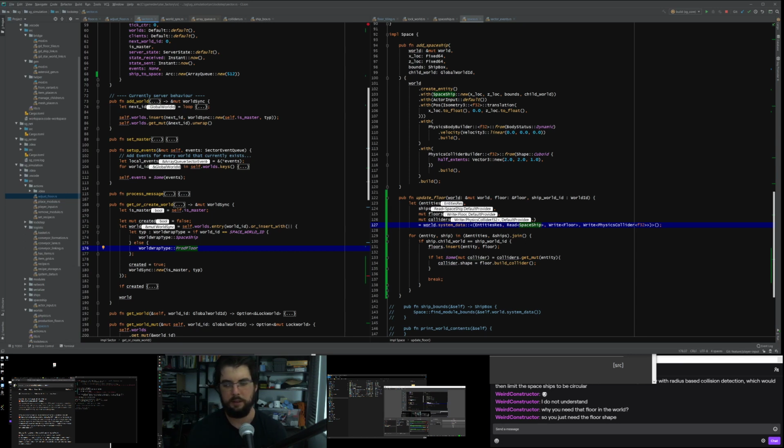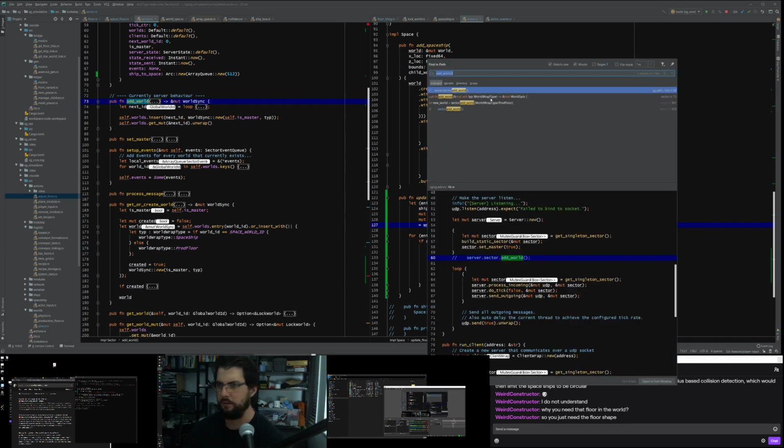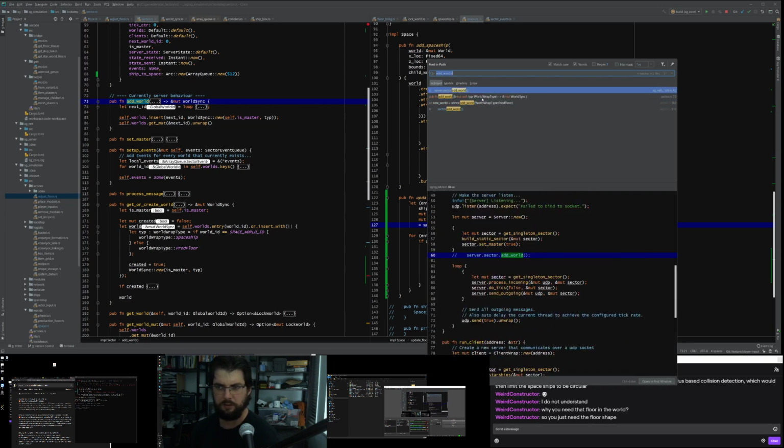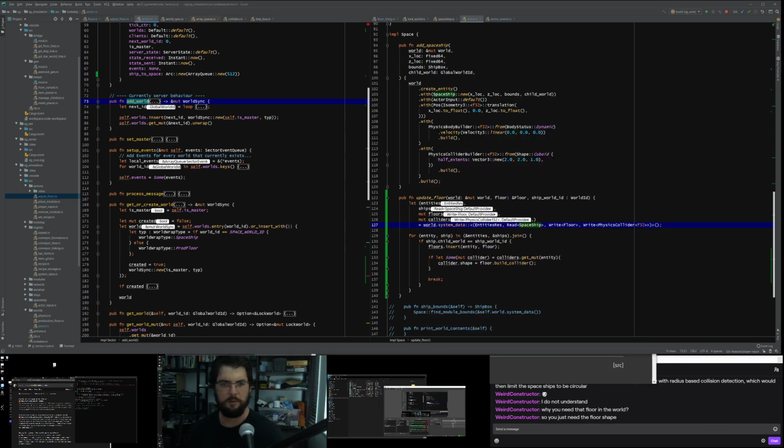How do we go about getting this event queue into the world? I wonder if add world's ever actually called by anybody. So it's just called in the test. So I don't have to be too worried about that one working. I'm just going to worry about this get or create world working.